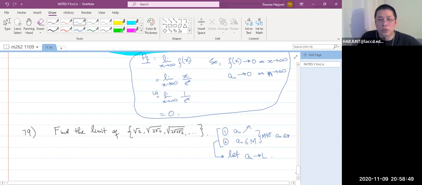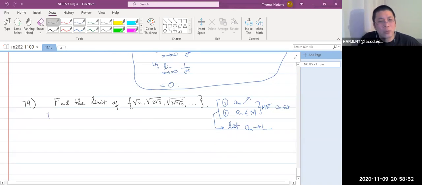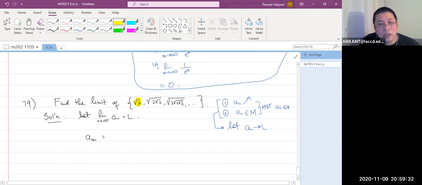Suppose that's what I call L. So, solution. When they say find the limit, in this case, it sounds like the limit is already assumed to exist. So let the limit as n goes to infinity of the sequence be L. Notice that the n plus first term is equal to, I wonder if you see the pattern. If this is your previous term,